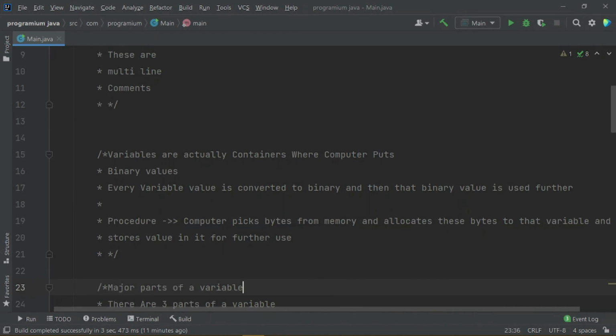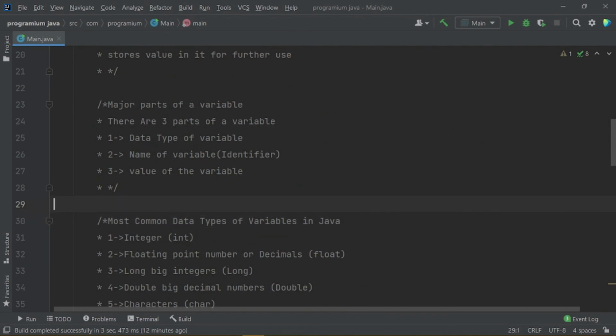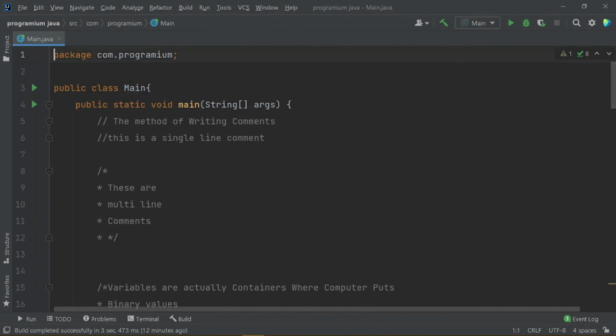So actually this was the process of all these variables, and this is a theory that will help